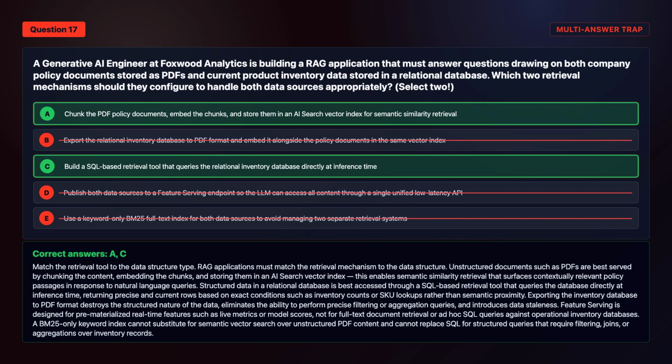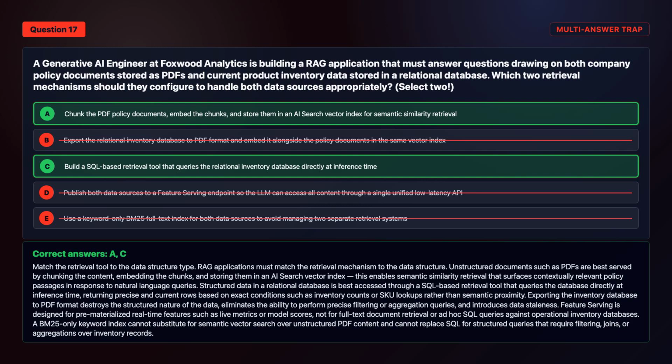Match the retrieval tool to the data structure type. RAG applications must match the retrieval mechanism to the data structure. Unstructured documents such as PDFs are best served by chunking the content, embedding the chunks, and storing them in an AI search vector index. This enables semantic similarity retrieval that surfaces contextually relevant policy passages in response to natural language queries. Structured data in a relational database is best accessed through a SQL-based retrieval tool that queries the database directly at inference time, returning precise and current rows based on exact conditions such as inventory counts or SKU lookups, rather